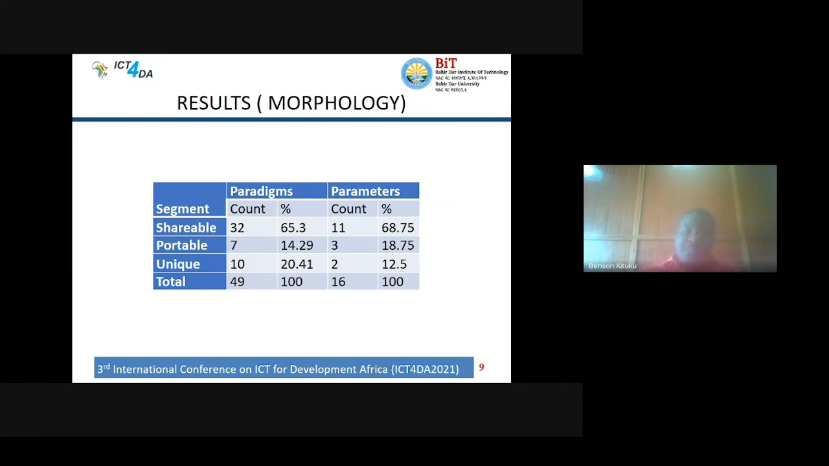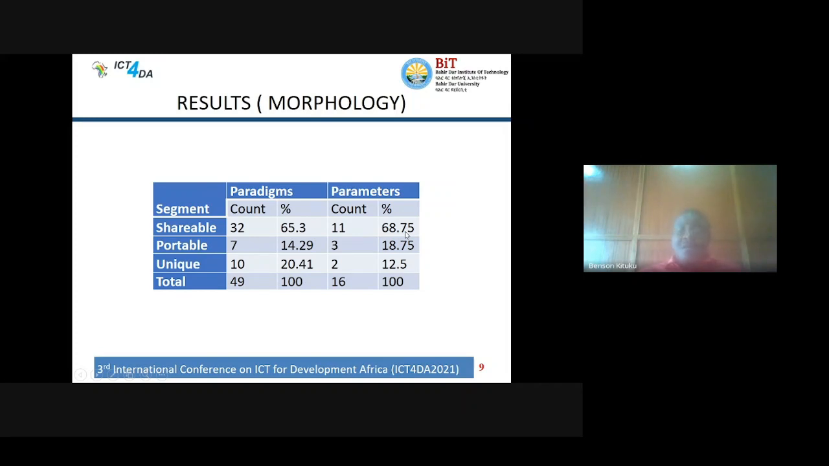That means the unique work done was actually the 20% in paradigms and 12.5% in parameters. In essence, what we are saying is that if you were to bootstrap a different grammar, then 14% of paradigms will be ported, and the work you'll need to do manually will be 20%. Likewise, here to be portable will be 18% and 12% for unique. In essence, by the time you start, 65.3% work is already done in paradigms, and 68.75% work is